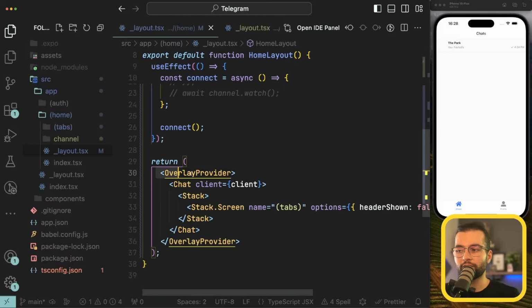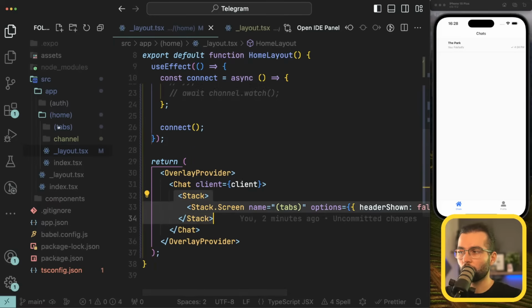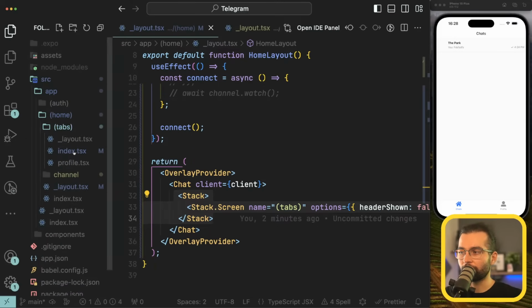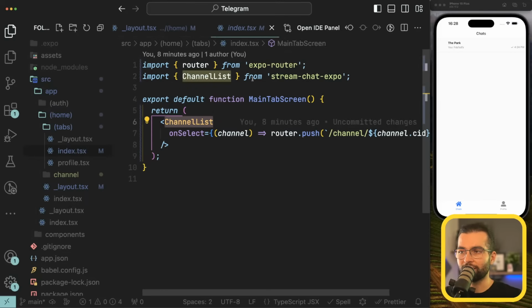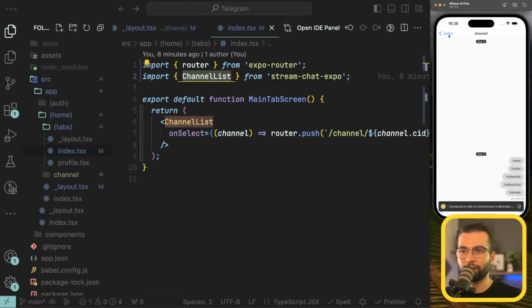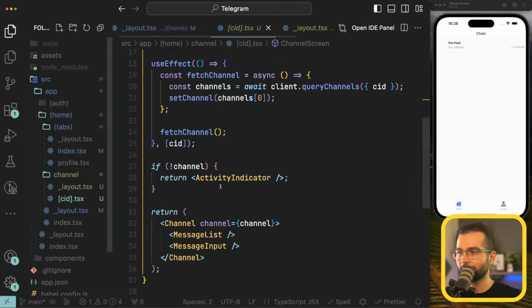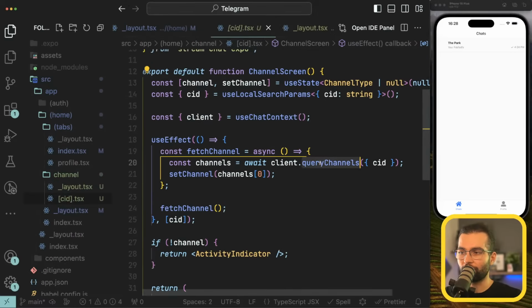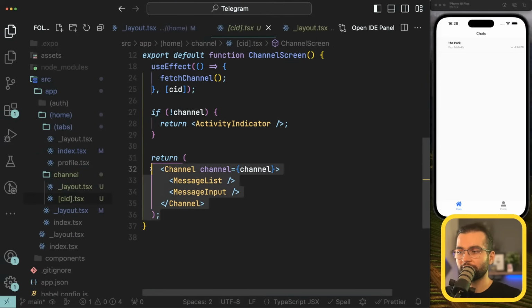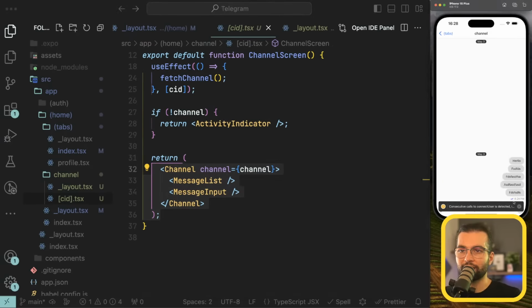And we rendered the provider and the chat to wrap around our whole application. Then on one screen, we used the channel list component, which is the built-in component from Streamchat. And on another screen, we fetched the channel and we rendered it together with a message list and together